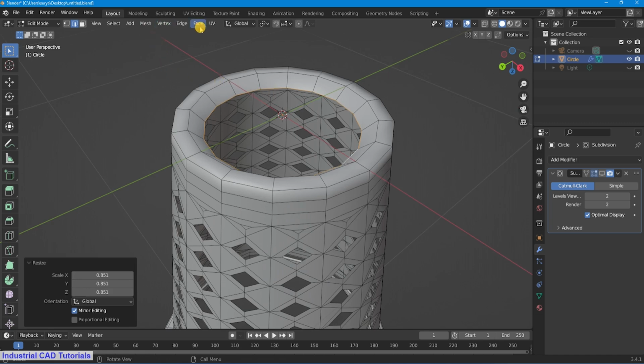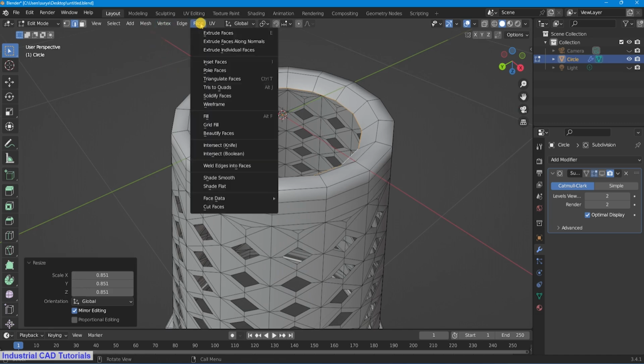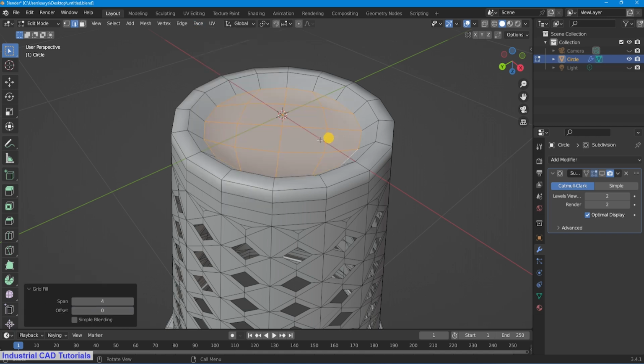Then select face menu and fill the gap with grid fill, give span to 4 and offset is 2. Okay,